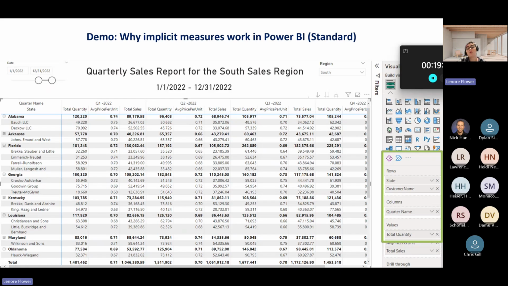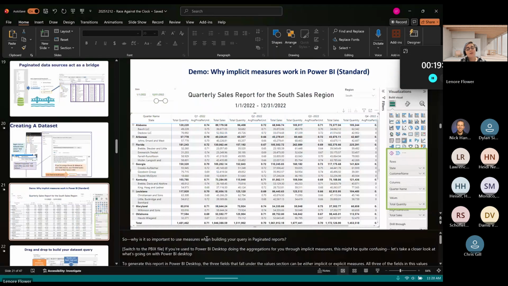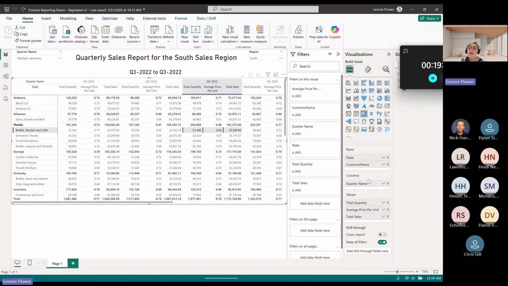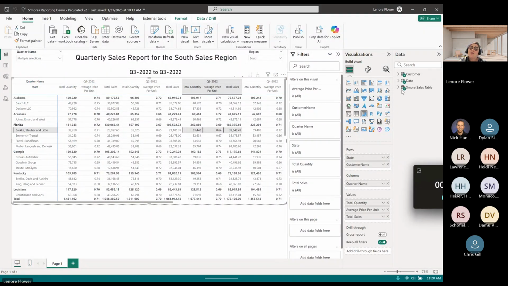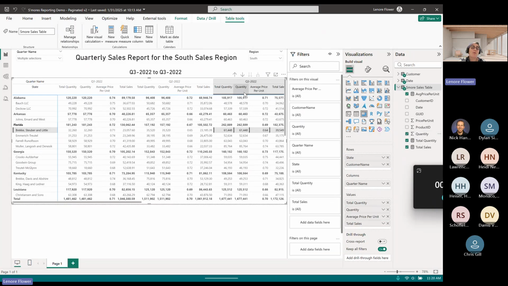So anytime that you're pulling in a field, say here in our report, we have the ability to use a field like quantity, and it will generate exactly the same output as total quantity. But that's because on the back end, there are implicit calculations that are being applied.